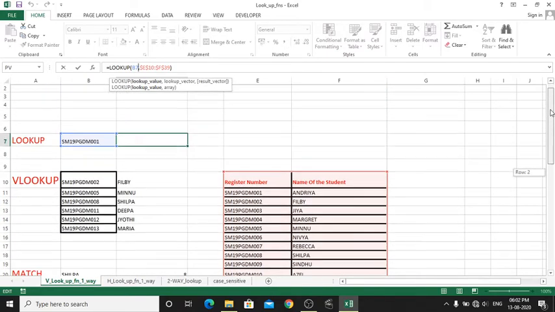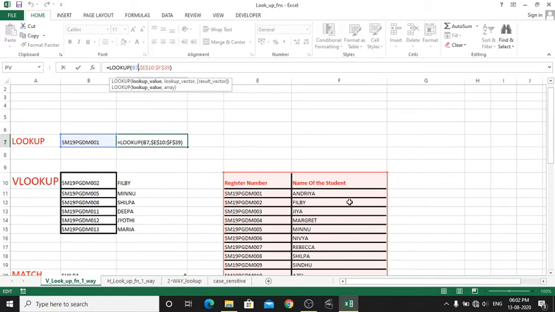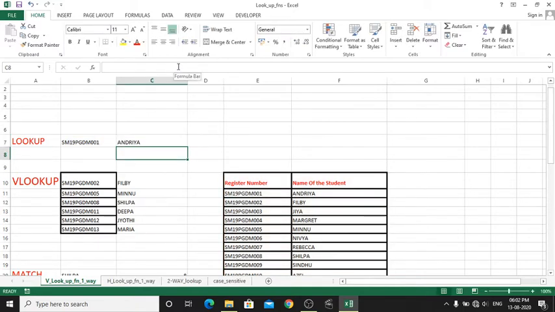I am putting E10 to F39 as my data container, where Excel should search for the name of the student who has this register number. I just press enter and I got the result. Andrea is the name of the student who has this register number.